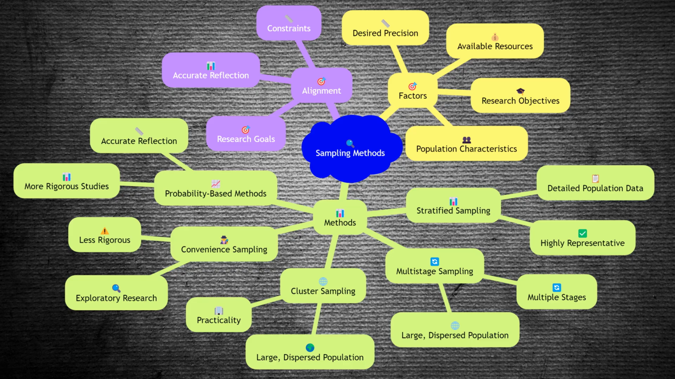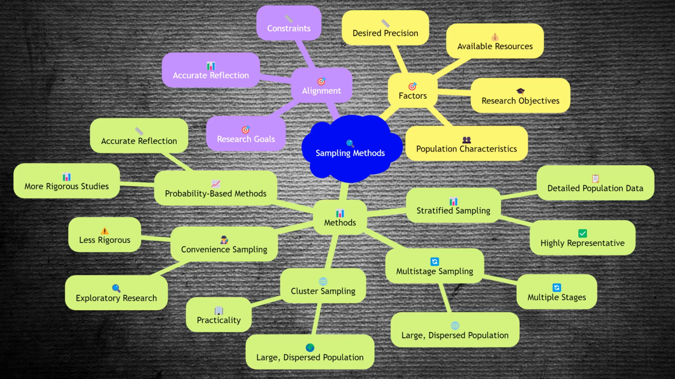level of precision. For instance, if you need a highly representative sample and have detailed population data, stratified sampling might be the best choice. If you're dealing with a large, dispersed population, cluster or multi-stage sampling could be more practical. For exploratory research, convenience sampling might suffice, but for more rigorous studies, probability-based methods are preferable. Ultimately, the choice of sampling method should align with the research goals and constraints, ensuring that the sample accurately reflects